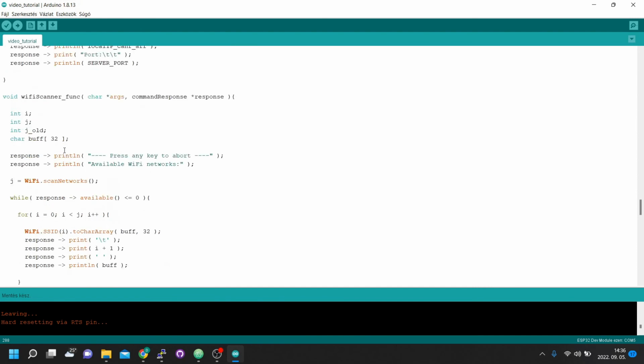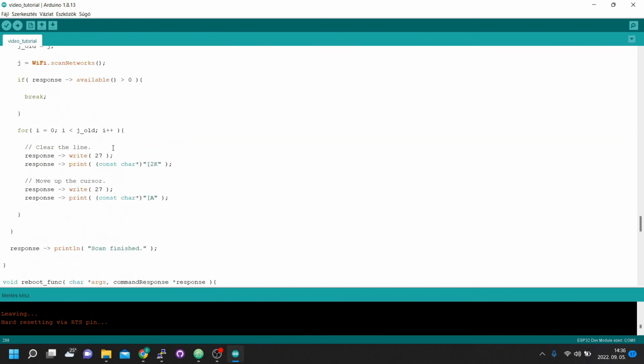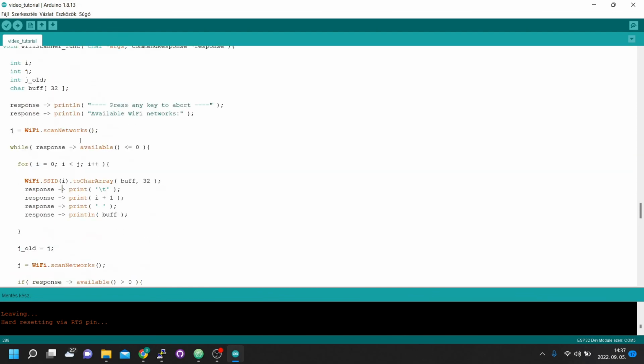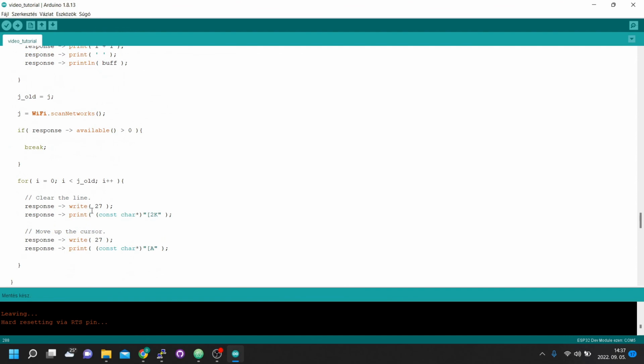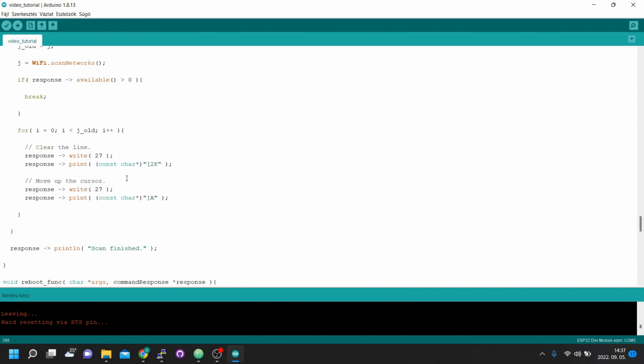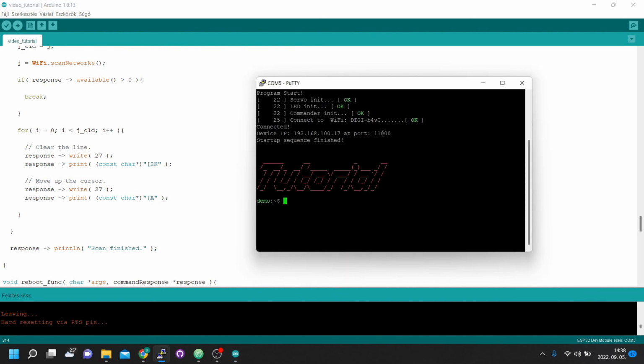The modified version has some extra terminal features at the end. So basically at the beginning of the loop, we print out all of the available networks. And at the end, we clear as many lines as we printed before. In this way, we have a list which is consistently placed in a fixed position in our terminal. So if you try it, you will see what I mean. So if we try now,